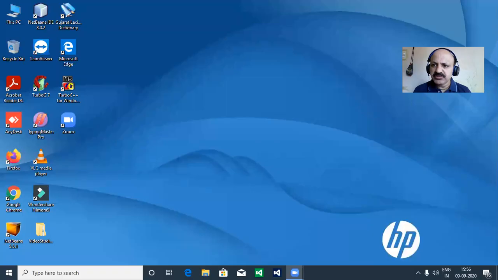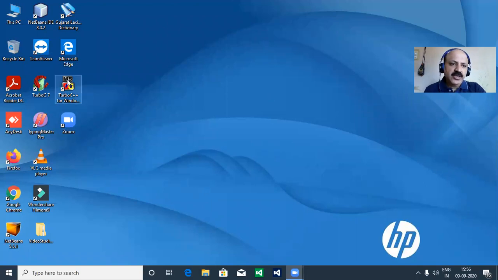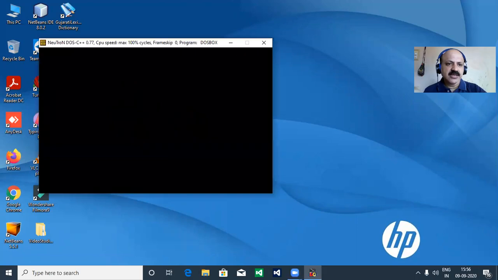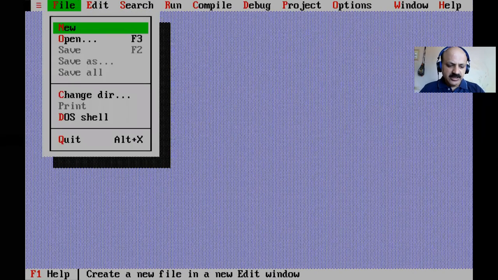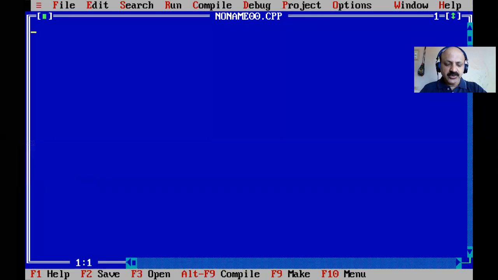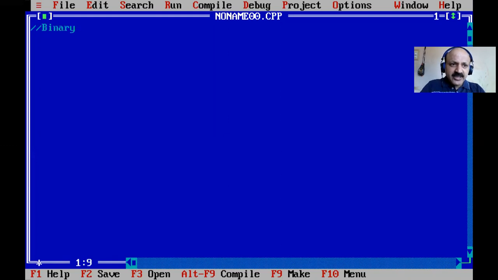In this session we learn operator overloading in C++. First I share my laptop screen and fix the zoom so you can watch my video lecture in a better way. Here Turbo C++ is open. Just select and process. Now open the File menu with Alt F and take a new file. And here our goal is binary